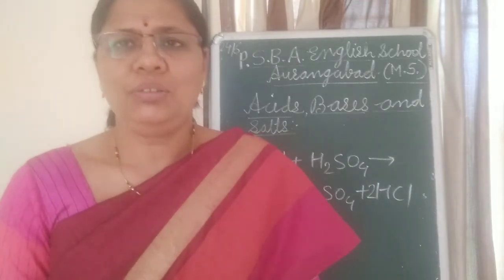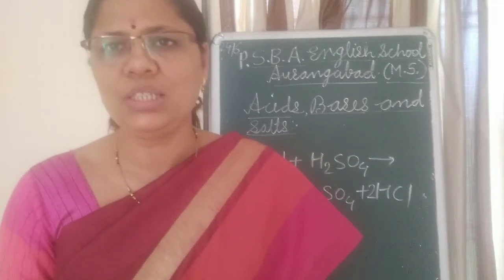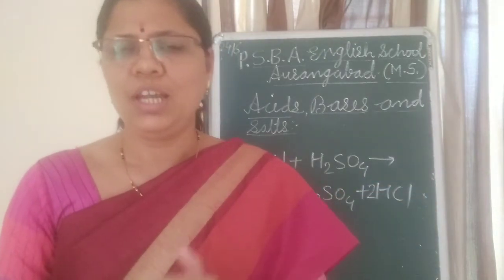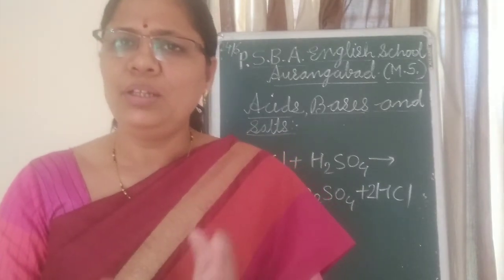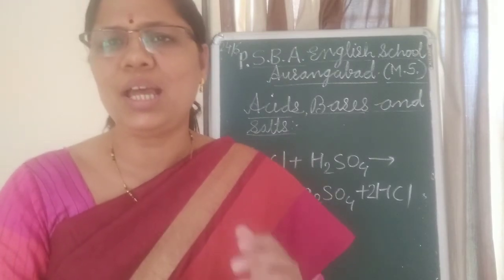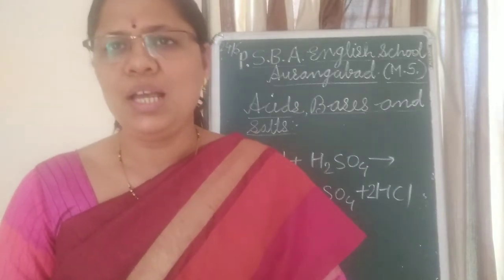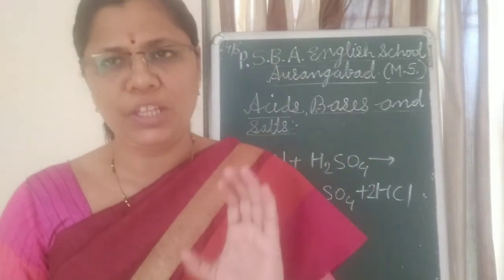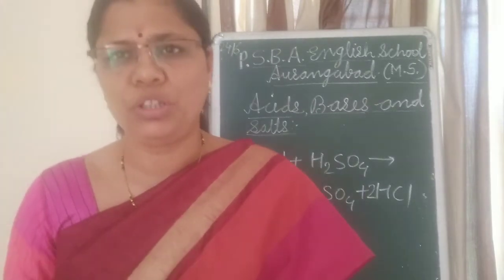Acidic nature will be shown when there is a dissociation of ions, because already we have discussed this point. Okay children, so there should be dissociation of H positive and Cl negative, and then only the HCl will be called as acid. But when it is coming in contact with the water, that time it shows the acidic nature. So this experiment suggests that hydrogen ions get produced in case of HCl when it is coming in contact with the water, means in the presence of water.